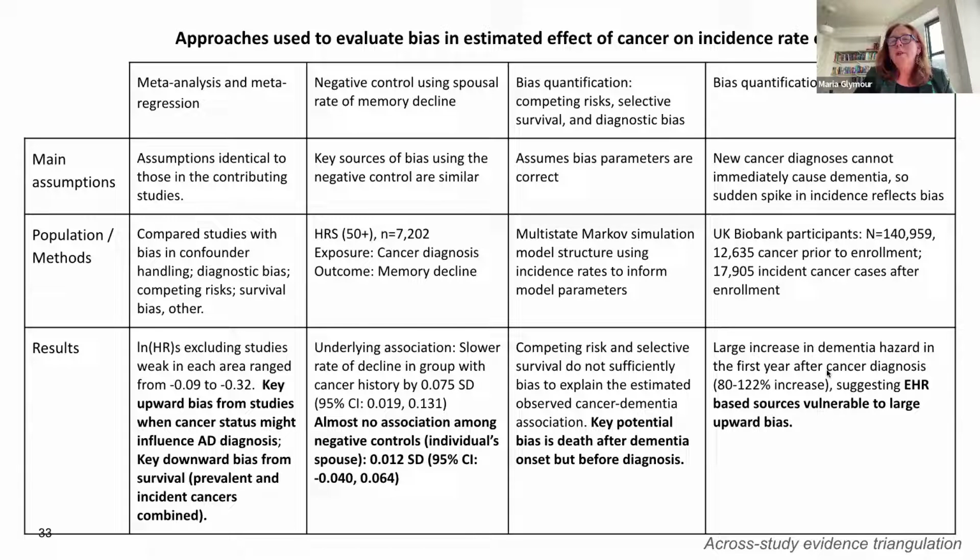And then we also tried to directly quantify diagnostic bias. This was work led by Jingshuan Wang. Essentially what we find is, if an older adult engages with the healthcare system for any reason, you are way more likely to be diagnosed with dementia. As far as I can tell, these old folks are wandering into their doctors and the doctors are like, you know what, it hadn't occurred to me before, but now I'm going to assess you for dementia and diagnose you. So there is a substantial upward bias immediately after you engage with the healthcare system for almost any reason.